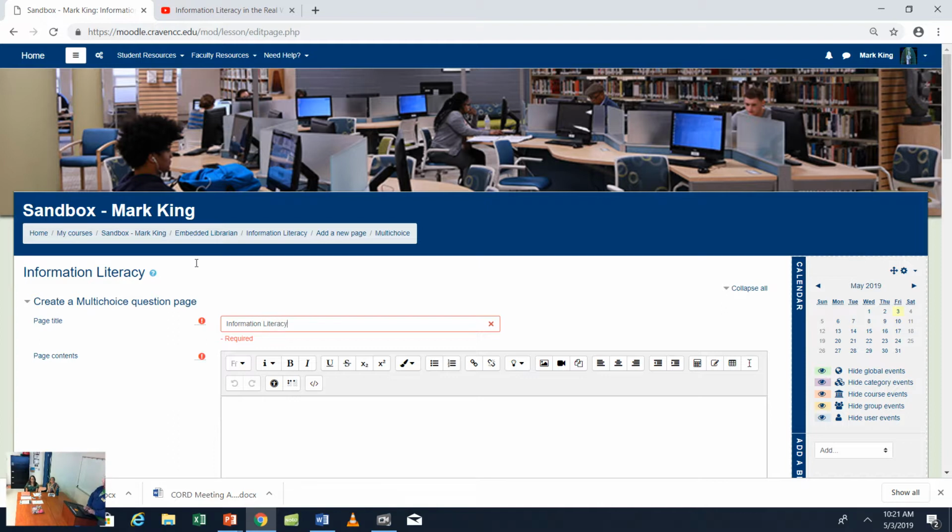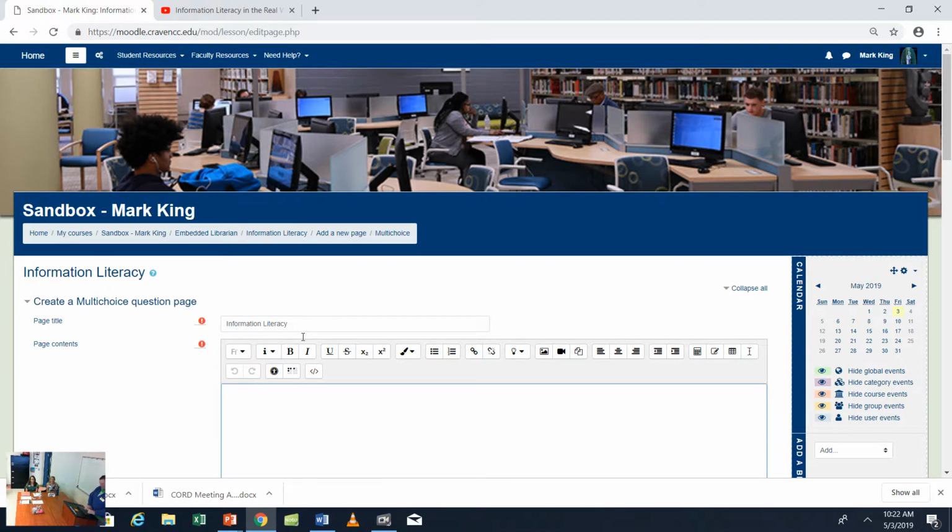And I learned this kind of stuff just by playing around with it. Taking what knowledge I already had, because the program we use for our website uses a lot of the same kind of functions, you know, the box, the HTML editor, anything like that. So I played around with it. Usually with web page stuff and HTML, if you can do it in one type of program, you can use the same code for another type of program that uses HTML editing. So if you did something that worked in one way, you can probably do it in Moodle. Just depends. So, page contents.